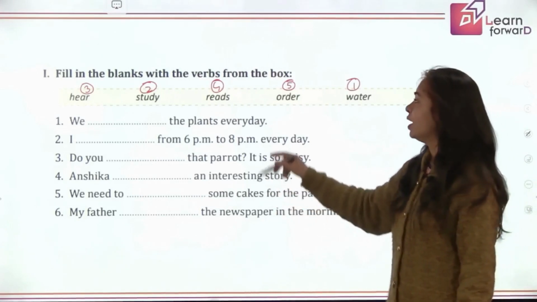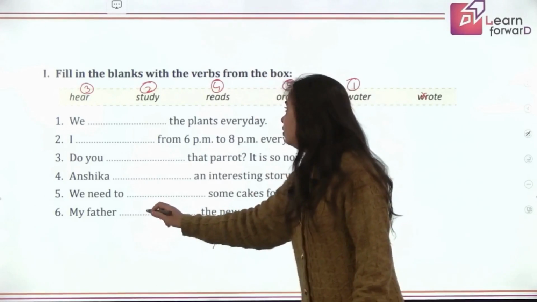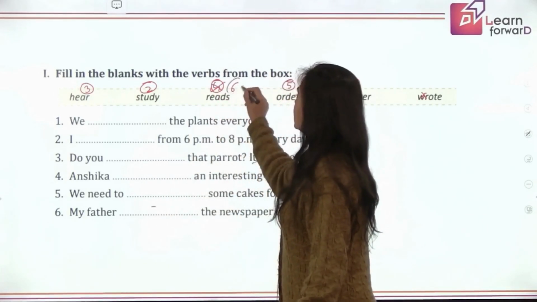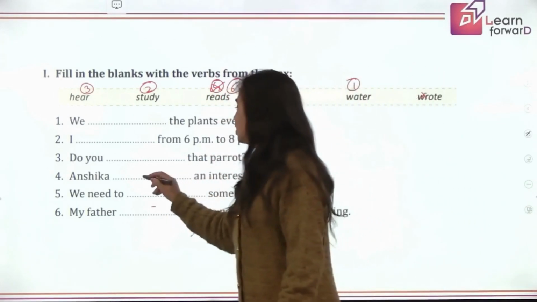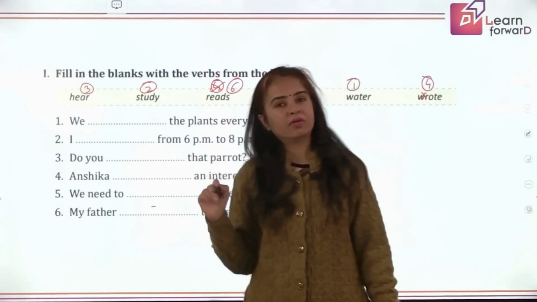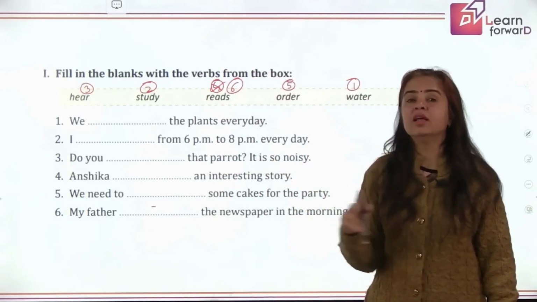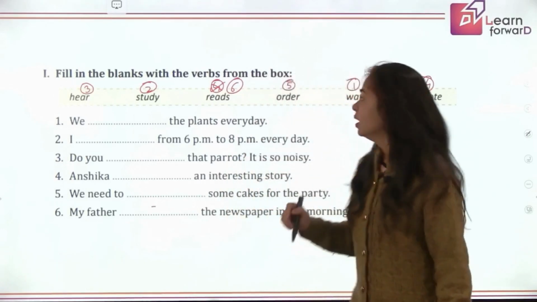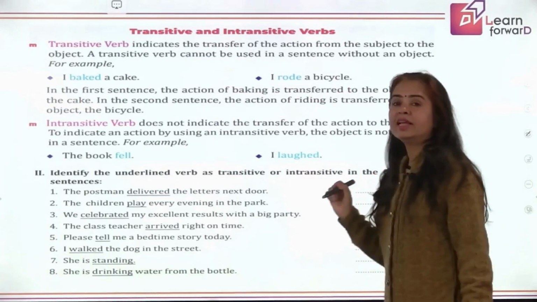We will have to exchange it with sentence number 4. I'll say my father reads the newspaper daily. So this will be number 6. And Anshika wrote an interesting story. So this will be your number 4, right? So sometimes a word is suitable in 2 sentences, but then we have to fix which one goes perfect with each one of them. I hope you have understood this, wrote and read. Let's move to the next